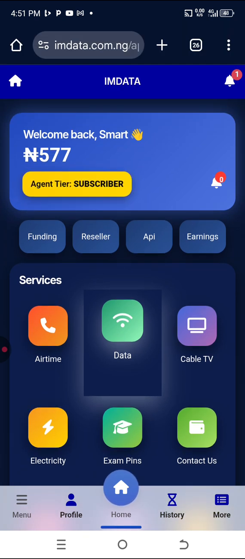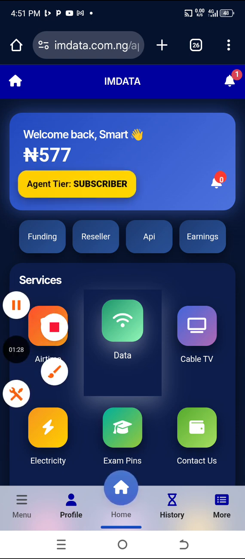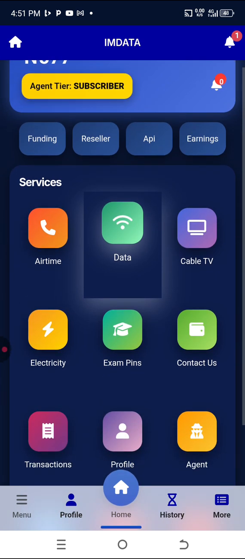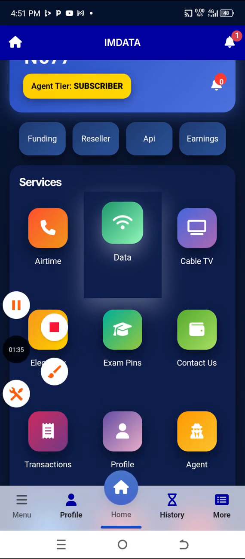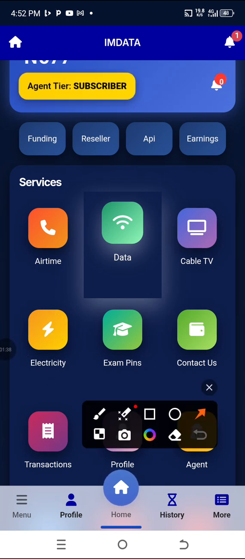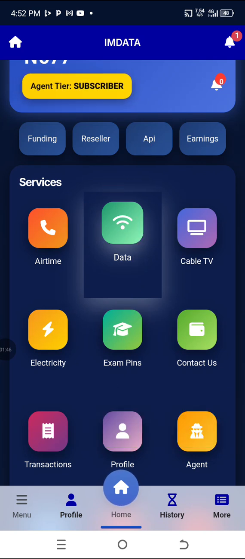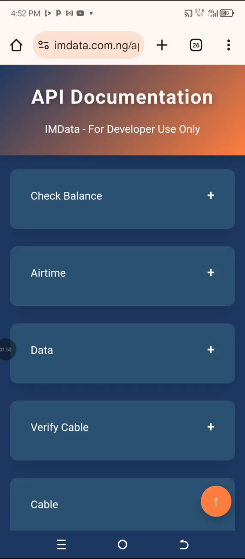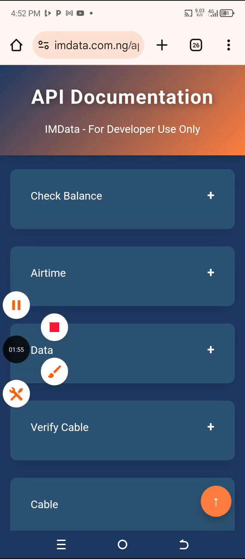Now, for the benefit of people that are asking how to go about the API integration: once you are here on IMdata, you quickly click on this section which you see, API. Let me use annotations just to give you clarity on how to navigate it. If you click on this API, you'll be taken to the API system where you can see every integration system, how to integrate everything,